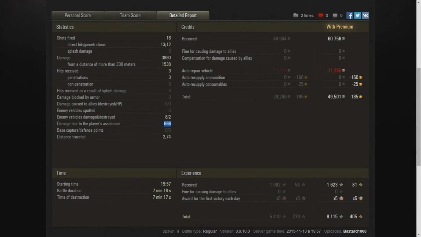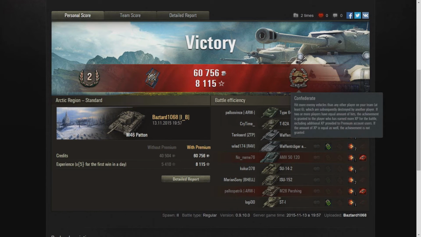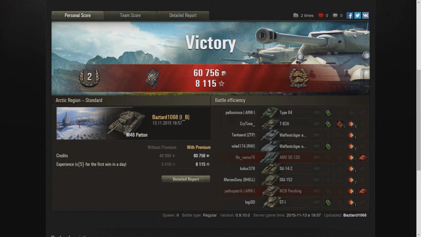Here they are then. The post-game stats for the Arctic region battle in the M46 Patton, the Tier 9 American medium. You can see we've got our second class mastery badge and fire for effect, but we also got Confederate, which is a better medal than any of those two as far as I'm concerned. It means you've worked and you've earned it. Look at the credits though,